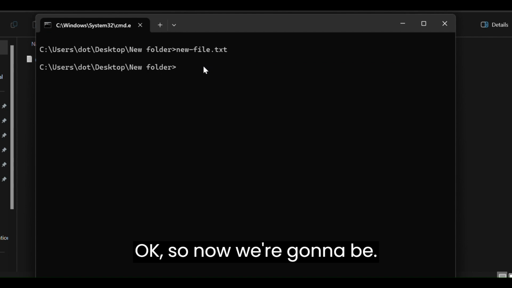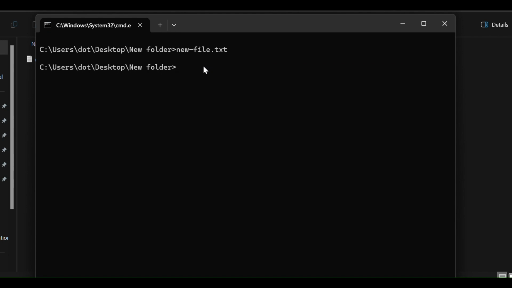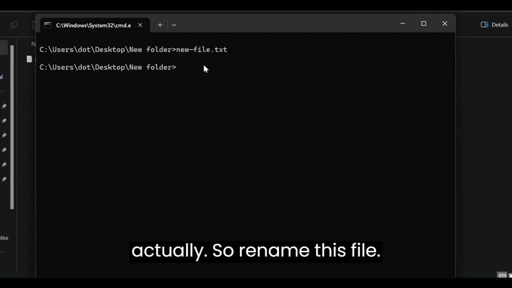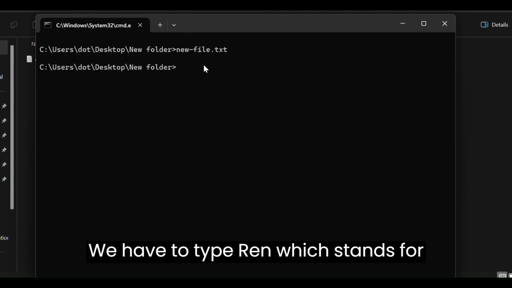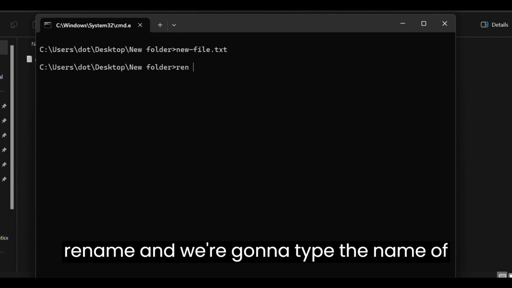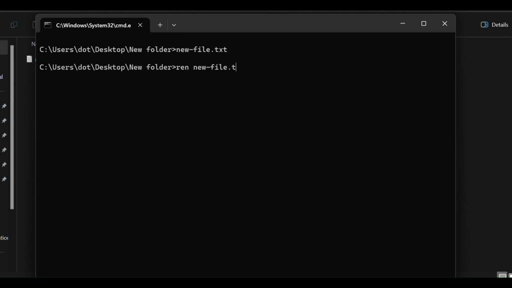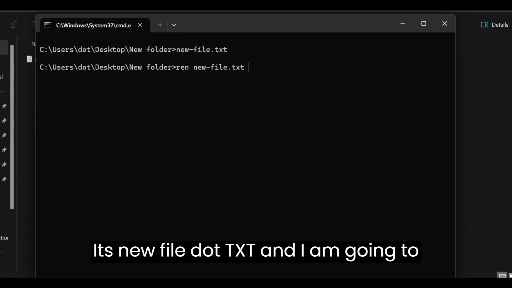Okay, so now we're going to be renaming this file actually. To rename this file, we have to type REN, which stands for rename, and we're going to type the name of the file that we're going to be renaming. It's new file.txt, and I'm going to type it